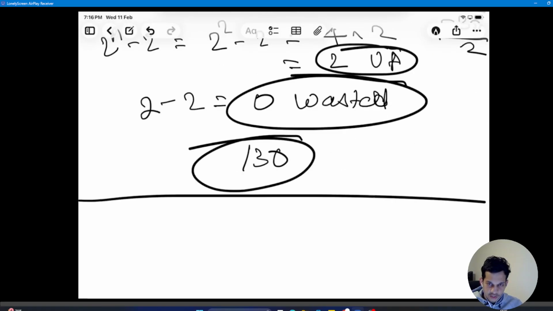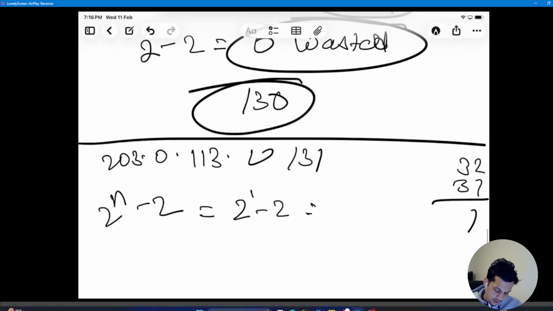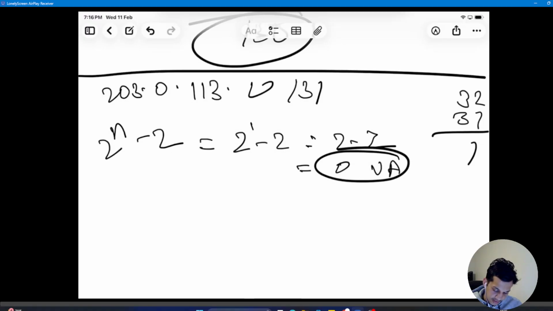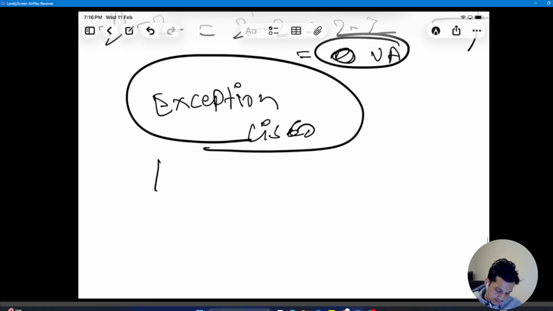But what if we go for /31? Is it possible, do you think, guys? Let's give it a shot. 32 minus 31 is 1. 2 raised to n minus 2, that is 2 raised to 1 minus 2, that is 2 minus 2, which is 0 usable addresses. Do you think this is possible for /31, with 0 usable addresses? This is an exception in Cisco: /31 can be used if you have a point to point